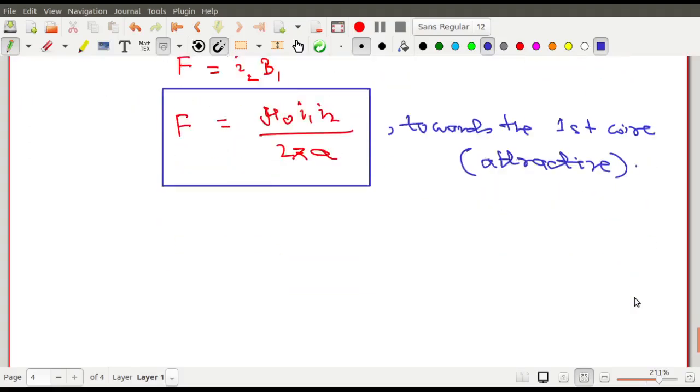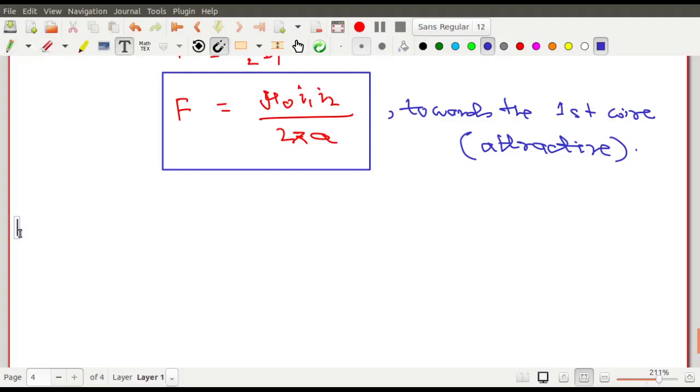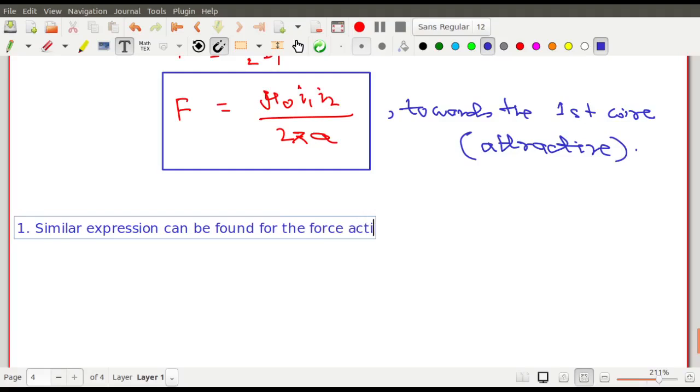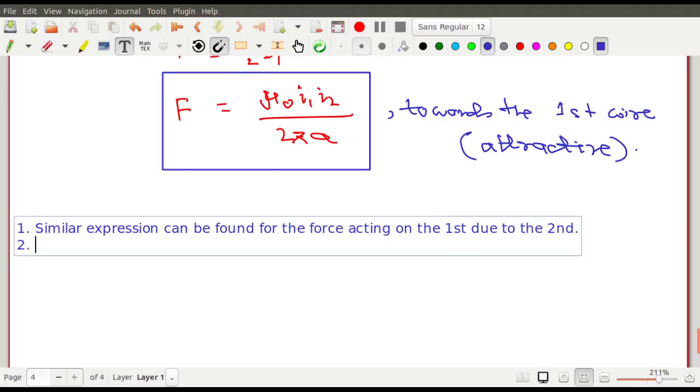That's it. Now here we would like to just mention 2 points. দুটো পয়েন্ট করে দিচ্ছি। Number 1: similar expression can be found for the force acting on the second due to the first. একই রকমের এক্সপ্রেশন বের করতে পারো। Similar expression can be found for the force acting on the first due to the second. আর নাম্বার 2 টা হচ্ছে, if the direction of the currents